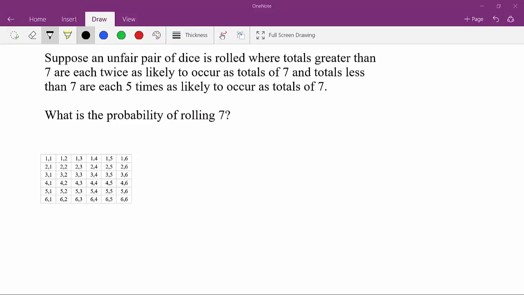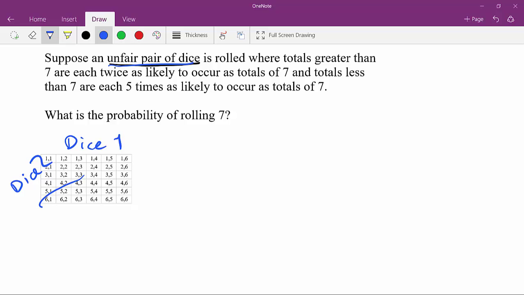Here's a quick example of a probability problem that is not as bad as it first appears. Here we've got an unfair pair of dice. Here's all the possible combinations with dice 1 and dice 2,